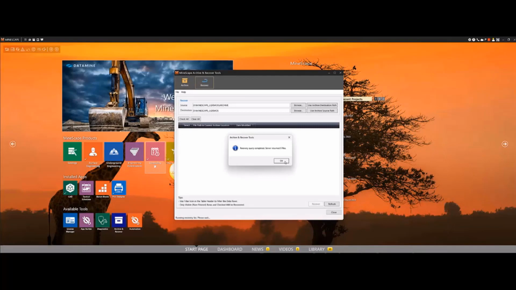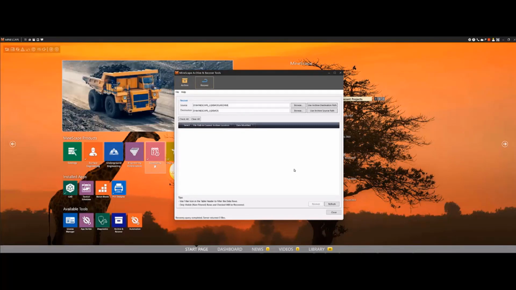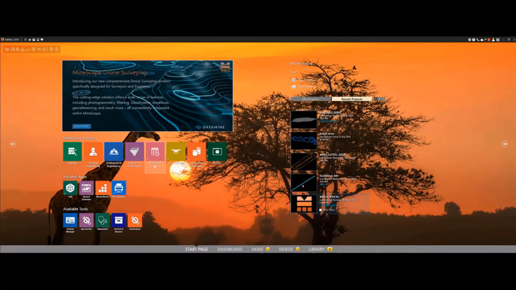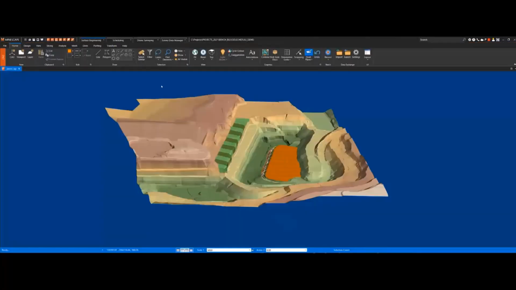And then you turn right around and recover. You can use this to recover those files or bring them back into your project. No more counting on IT to do it, turning in tickets, etc. It's pretty good. It works good. It cleans up projects. It moves that data out of the way so you don't lose it. The other thing, we have a report designer, but I'm going to have to load up a project first. So let me go ahead and start the project that we'll look at for scheduling.